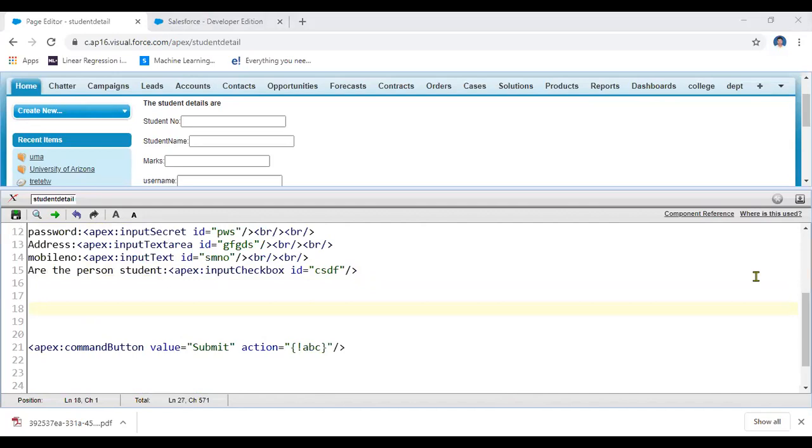How can you display the particular result here? I'm taking a paragraph. In that paragraph, I am writing some information. For example, in between a page block section, a simple information I am printing. So what is that information? For example, I am printing this information: the value, the student number. See here. What is the result here?